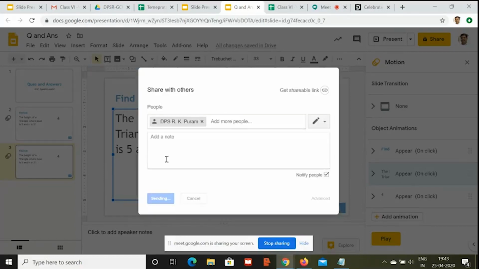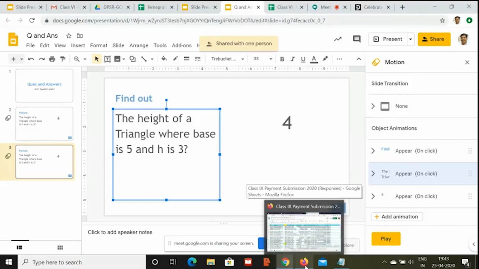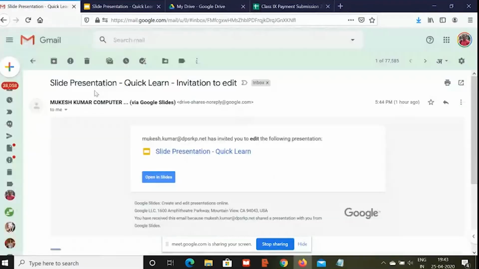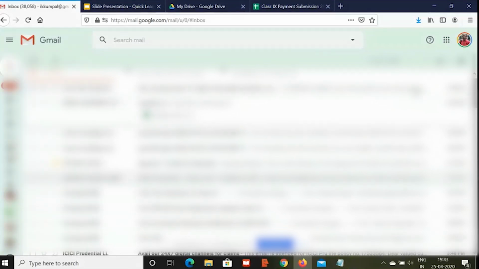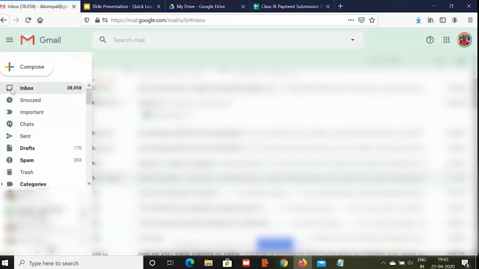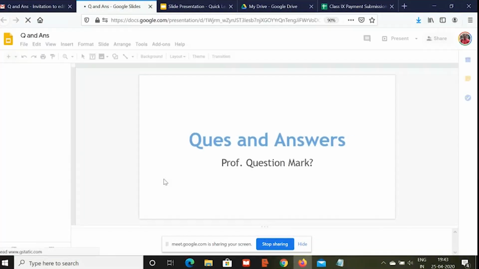Once it is shared, I'll go to my Mozilla browser. Right now, as you are seeing my full screen, you can very well see what I am doing. I go to my Mozilla Firefox. I click on my inbox and let me look at the inbox. It should carry one mail from myself. Right now it is not there, so I'll just re-click on inbox so that I'll have, yes, I got a mail from myself. I'll click on open slides. Now in Firefox, what happens when you click on present?